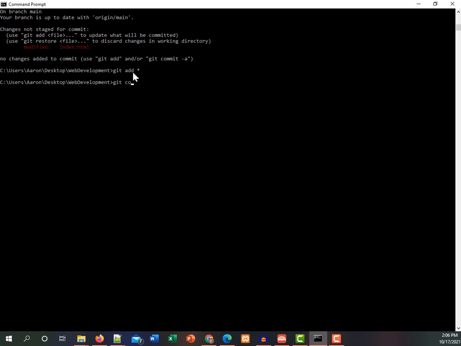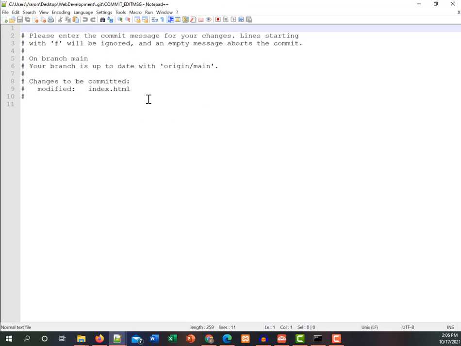Then I can commit these changes like we did before. Git commit -m, and then whatever my commit message needs to be. At this point, I'm actually going to leave out that commit message to show you why we wanted to add a text editor to the git install. So when I hit enter, it says it's waiting for your editor to close the file because it opened this file here for me. And everything with these hashtags will be ignored in this. So I can just type in